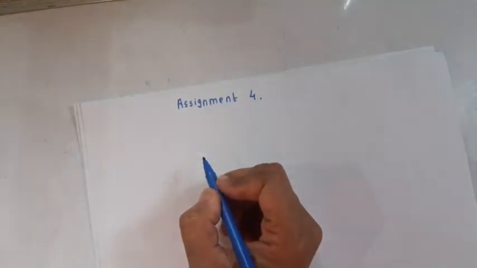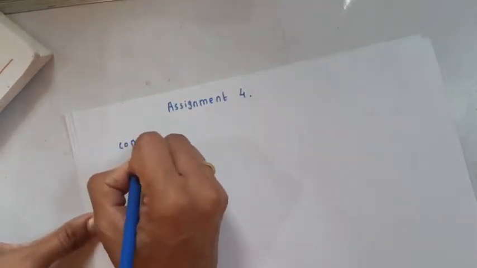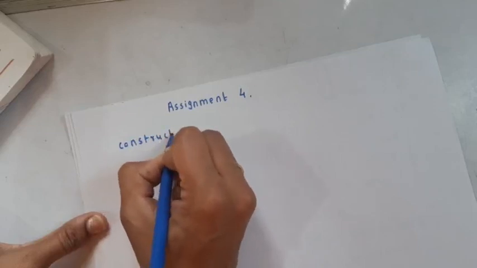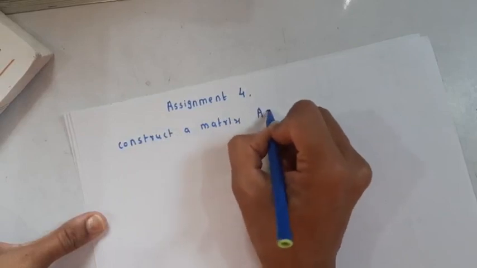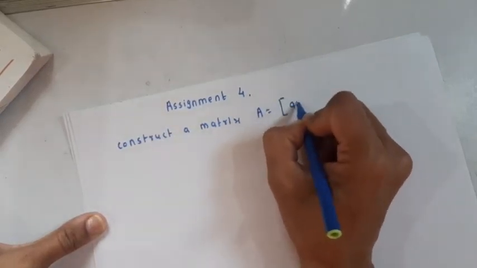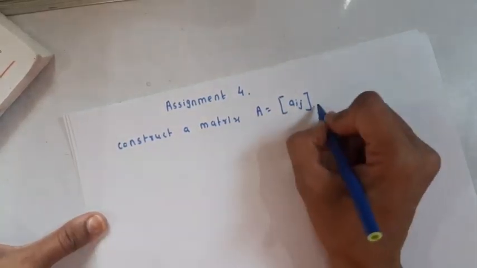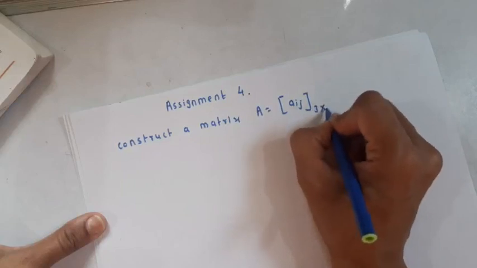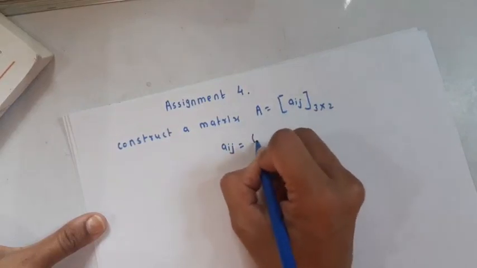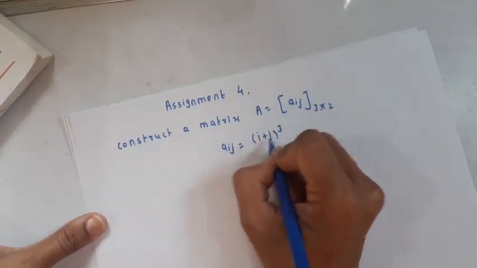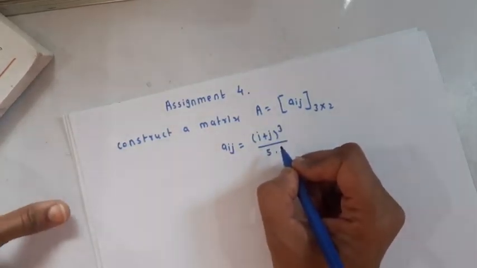The first problem is to construct a matrix A equal to Aij such that the order of the matrix is 3 by 2, and Aij, the elements of the matrix, are given by (i plus j) cube upon 5. Okay, and the next problem is that